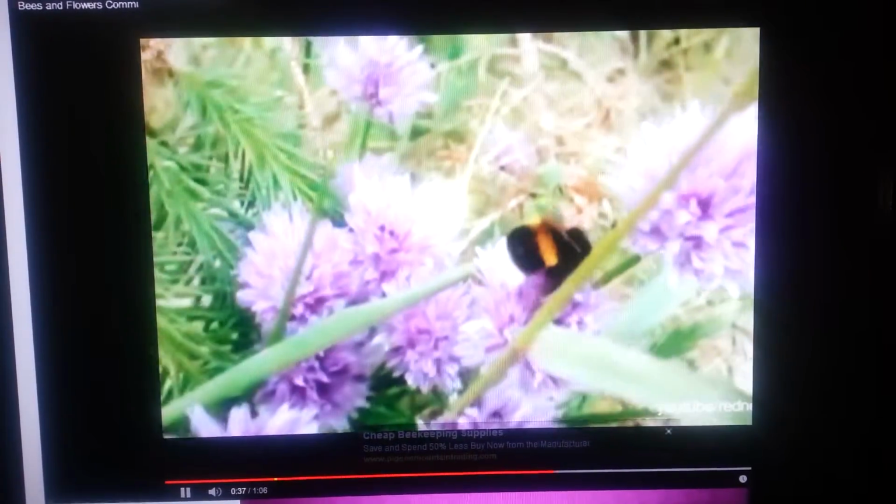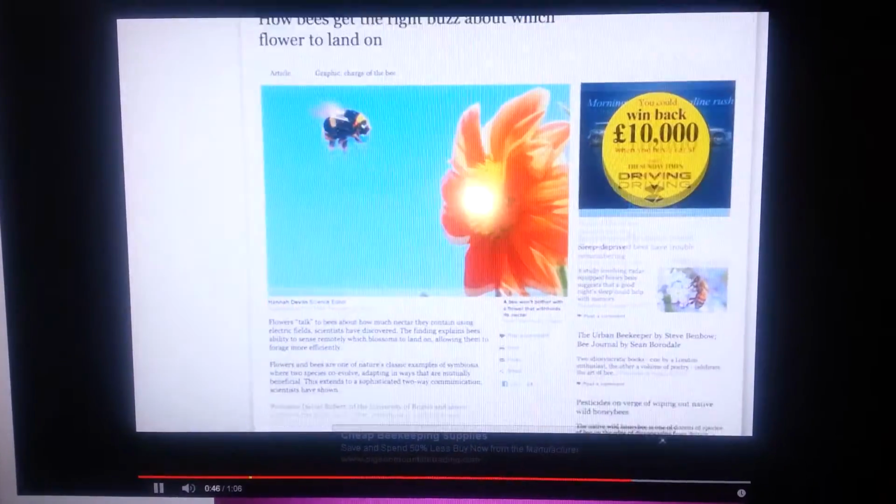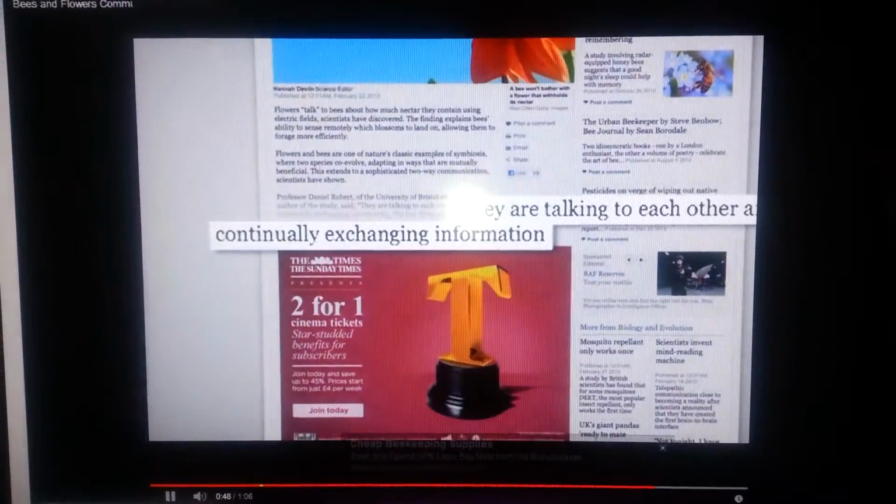Bees and flowers evolve together in a symbiotic relationship, and scientists already know that the petal color and scent of a flower are sensed by pollinators. Co-author of the study, Professor Daniel Roberts, said they are talking to each other in